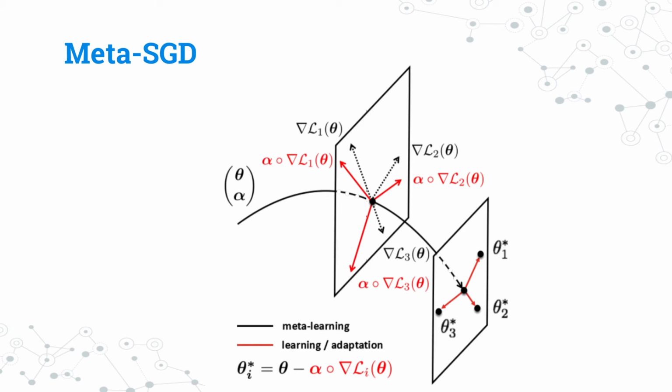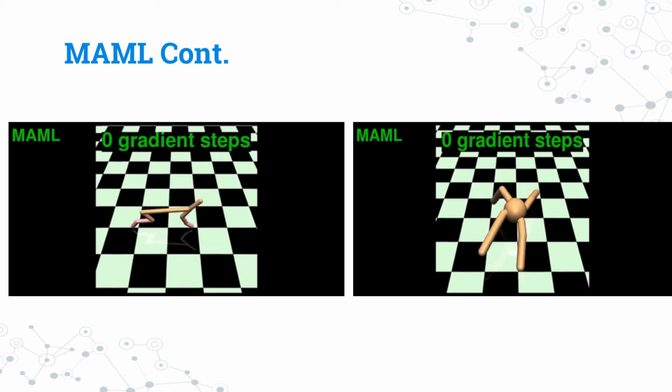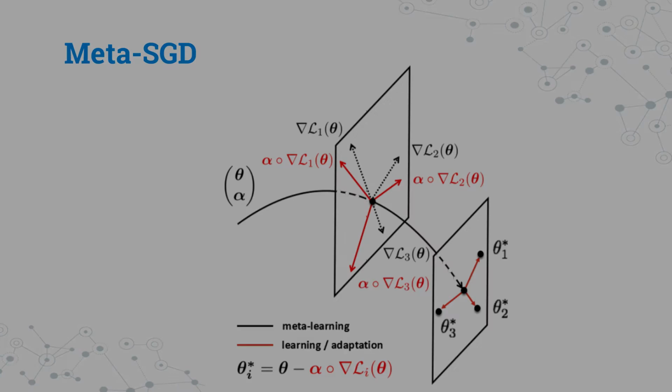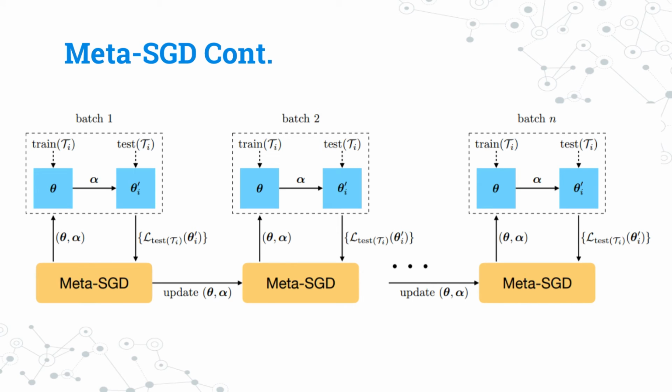So this is a vector, and this is a vector of the gradients of the loss with respect to theta. And then we element-wise multiply these, and that's how we update our parameters in here. So we have this meta learner parameter, and we do some training on the tasks, and that gives us these